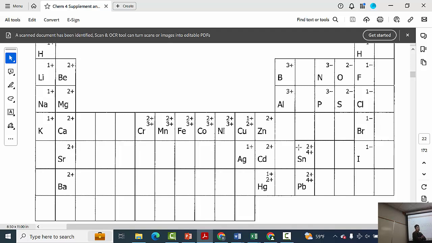+2 or +3, we use a Roman numeral. So if I'm talking about chromium +2, I call it chromium, parentheses, Roman numeral 2, close parentheses. And so that's chromium 2. And then the same thing, chromium 3 would be chromium, Roman numeral 3. Have you heard of chromium 6? Chromium 6,